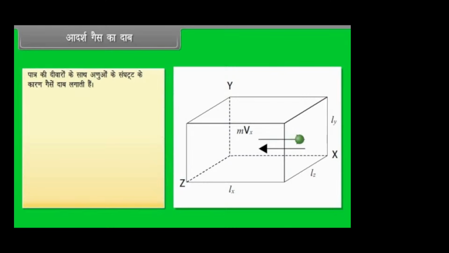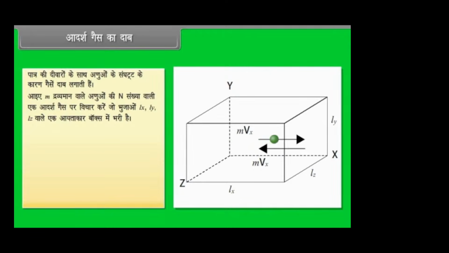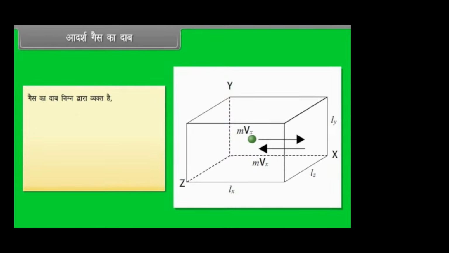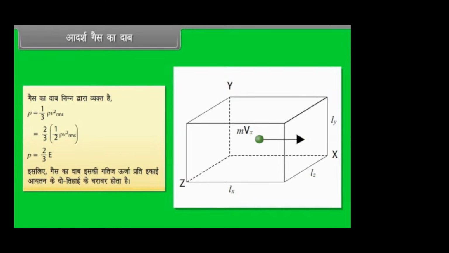आदर्श गैस का दाब। पात्र की दीवारों के साथ अणुओं के संघट्ट के कारण गैसें दाब लगाती हैं। आइए m द्रव्यमान वाले अणुओं की n संख्या वाली एक आदर्श गैस पर विचार करें, जो भुजाओं Lx, Ly, Lz वाले एक आयताकार बॉक्स में भरी है। गतिज ऊर्जा प्रति इकाई आयतन निम्न द्वारा व्यक्त है। E = 1/2 ρ v²_rms। गैस का दाब निम्न द्वारा व्यक्त है। P = 2/3 E। इसलिए गैस का दाब इसकी गतिज ऊर्जा प्रति इकाई आयतन के 2/3 के बराबर होता है।